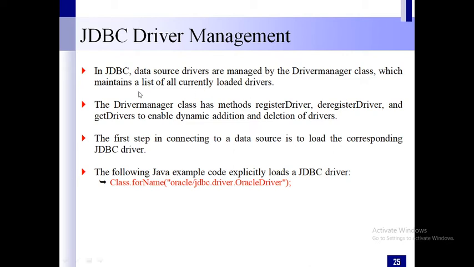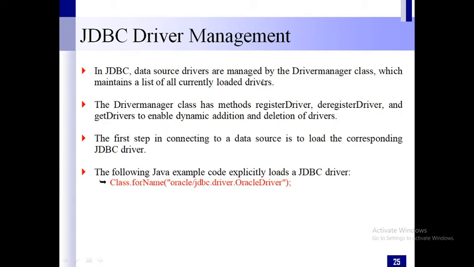So here you can see data source drivers are managed by the driver manager class. There is a class called DriverManager in JDBC which is used to manage the data source drivers.